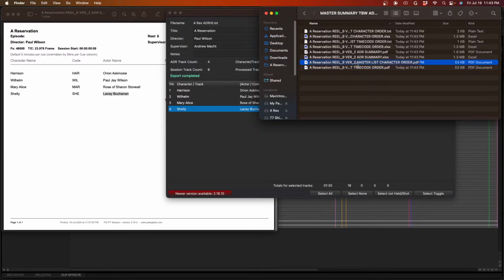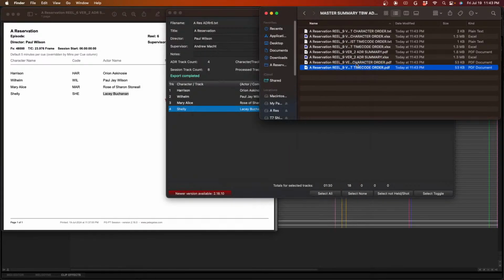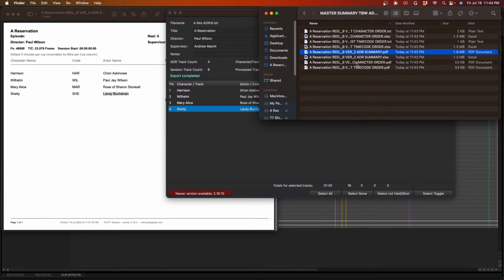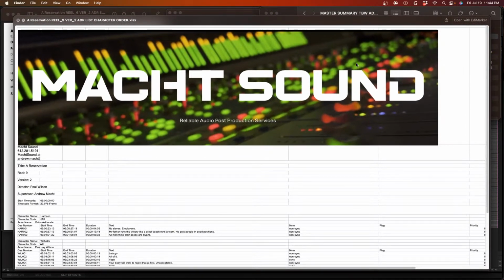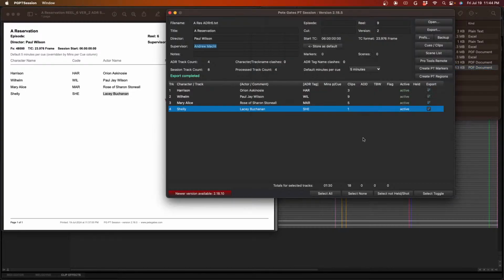To go over the documents that it generates, it gives you exports for character order, time code order, complete summary breakdown, and then the Excel versions of that, text versions of that, and you can choose to export each of these individually if you want, all of it if you want, based on whatever requirements you need, I should say, for whoever you're